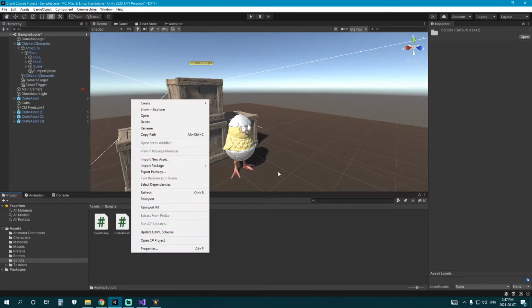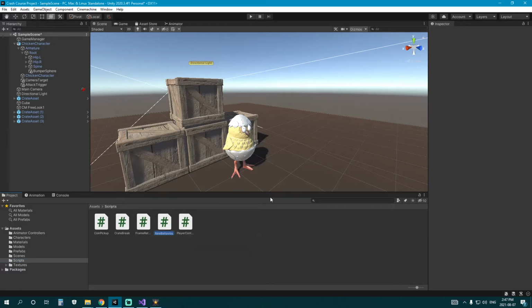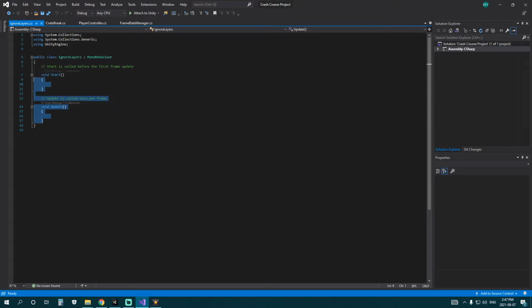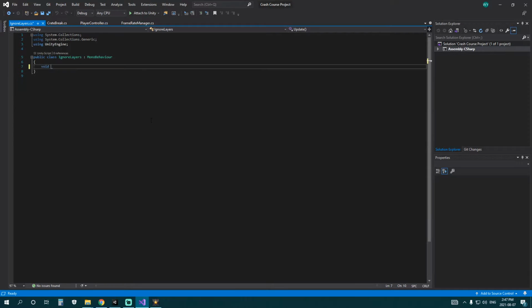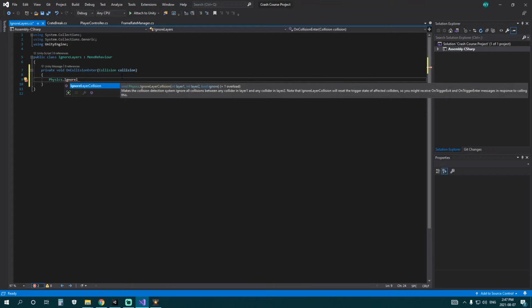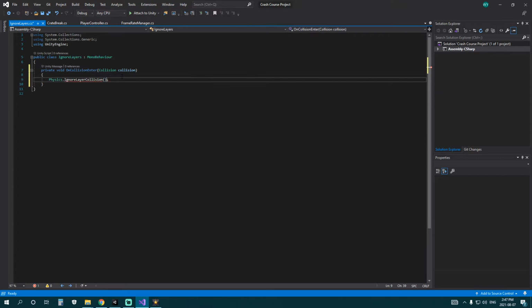I'm going to go into scripts, create a new one, C# script. I'm just going to call this ignore layers. So it's going to be pretty specific for now. Let's just get rid of all this, and we'll say void OnCollisionEnter, Collision. Okay, that's cool. We're just going to say Physics.IgnoreLayerCollision, and basically this is the first and the